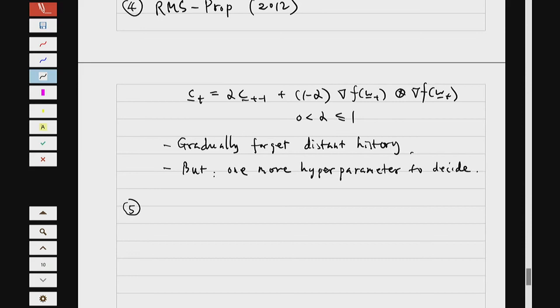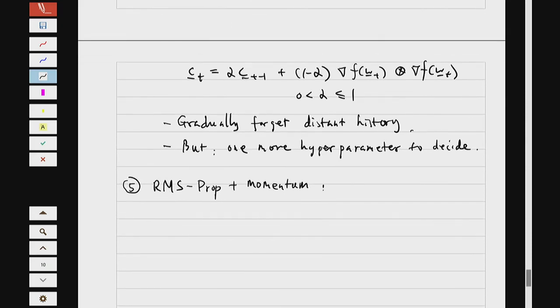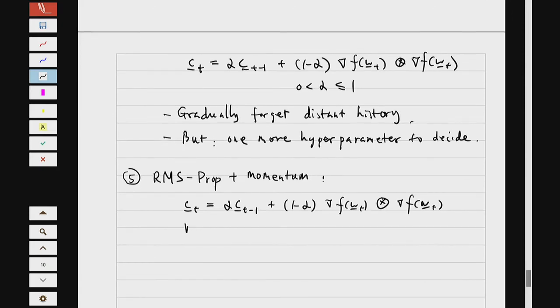Now, so far, this Adagrad and RMS prop, they don't use momentum. Right? And of course, naturally, we can say, well, what if we combine them together? And people have tried this, and they work very well, at least in some applications. And how does this work? Well, very similar to what we've seen before. You have the c_t also, alpha c_{t-1}, and then plus (1 minus alpha) of the gradient squared. Same thing as before. The c_t updating does not change. You just add this new v_t